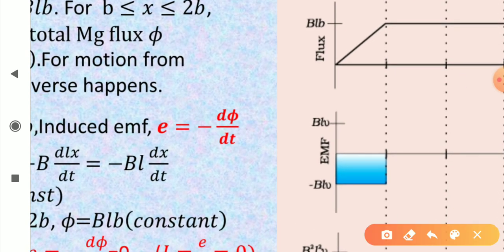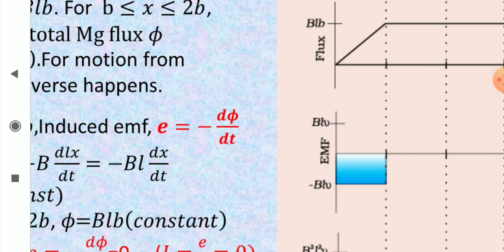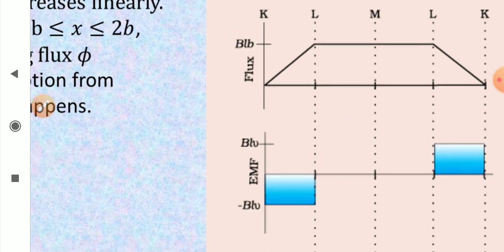See, this is x is equal to 0, x is equal to b, x is equal to 2b. So from here to here, the flux is increasing linearly, but EMF is constant, minus BLV, on the negative side. Here, when the flux becomes constant, the induced EMF becomes 0, and beyond it, between